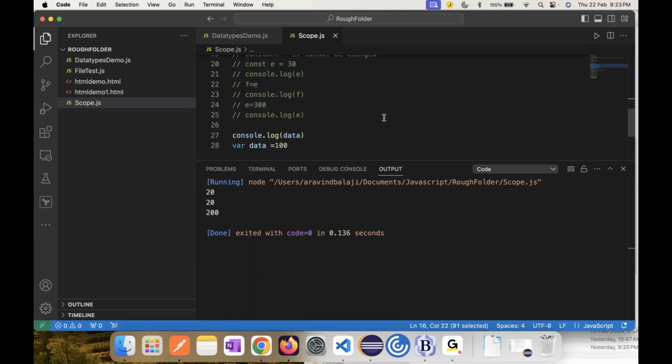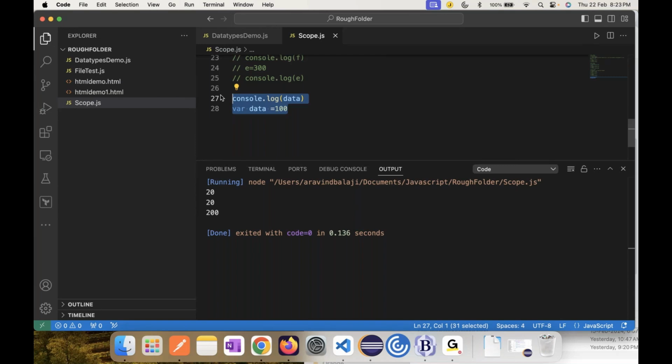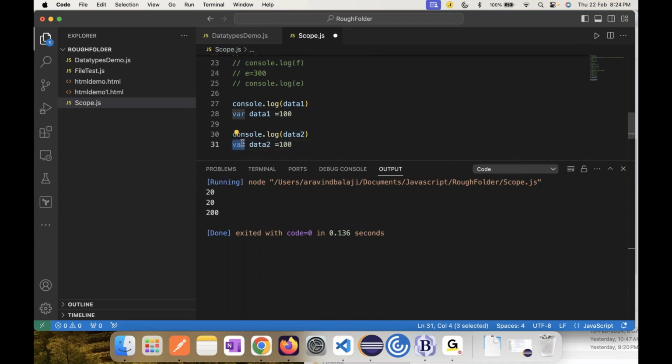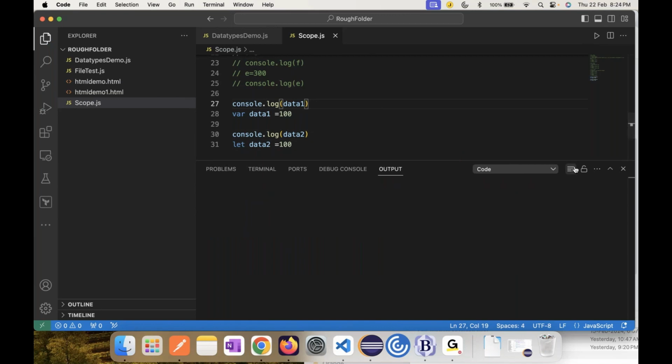The same logic, let's have it as data one, and also data two. But instead of var, let me make it as a let. Now let's see what happens. This is where the difference between var and let comes into the picture. So when I clear it and run it,